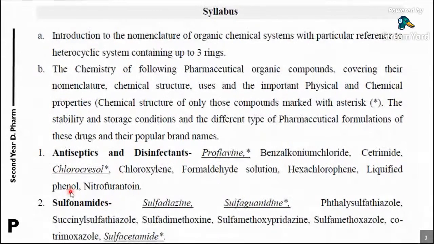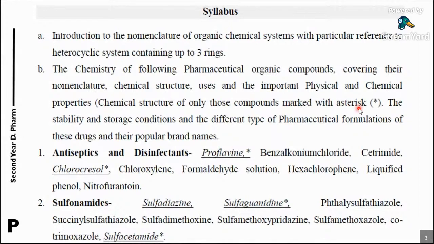It contains around 30 to 35 chapters. If you observe the syllabus carefully, you will find asterisk marks on some of the names of the compounds, that is, drugs. You can say it is a star mark, meaning you have to study the chemical structure of those compounds